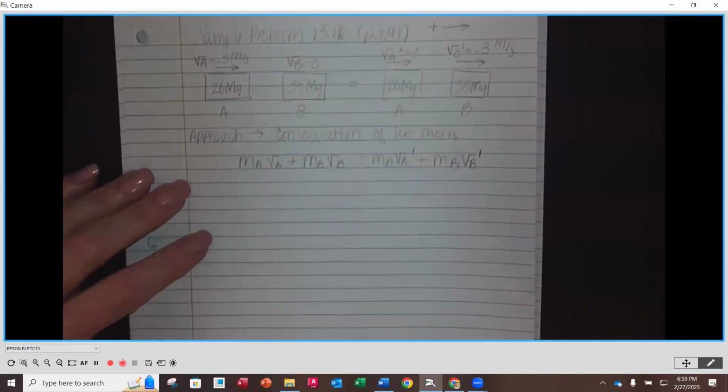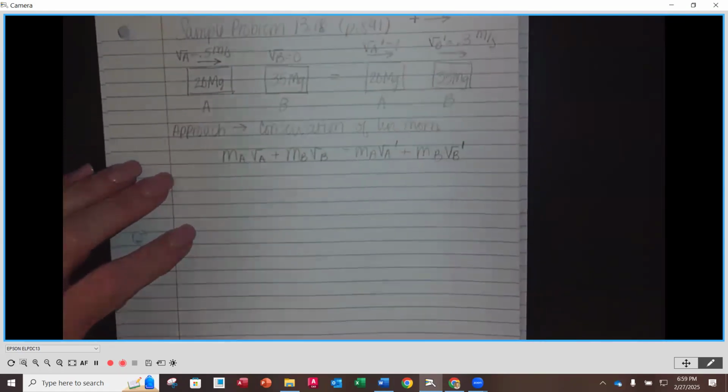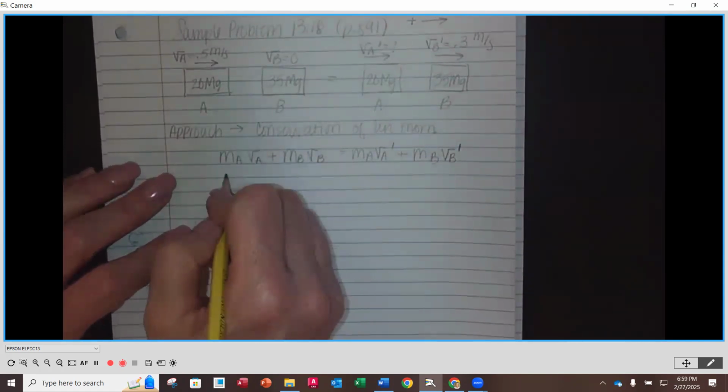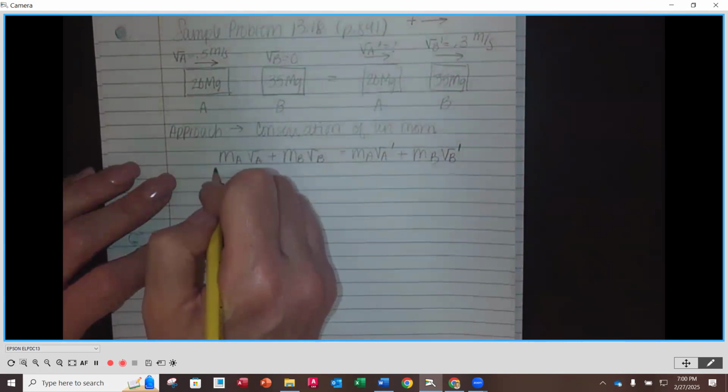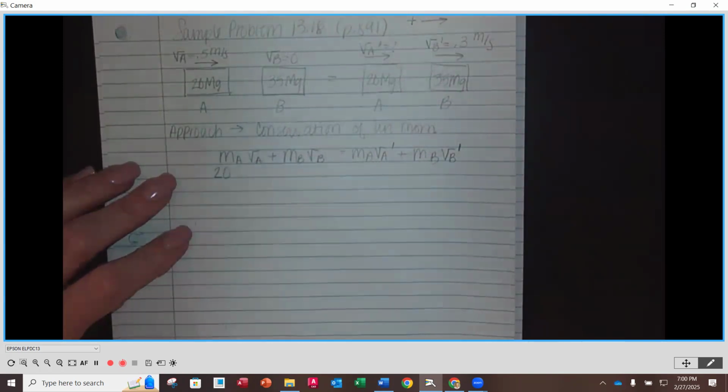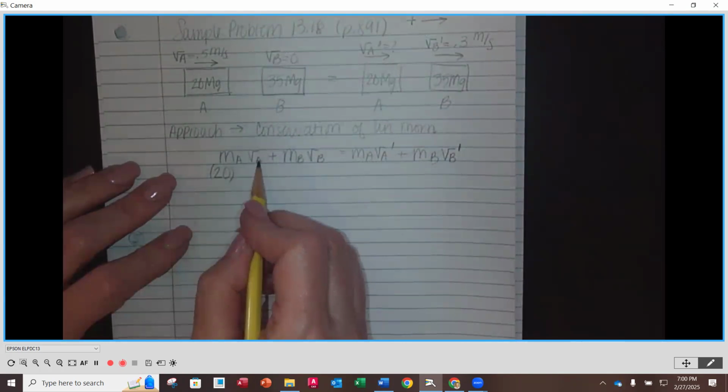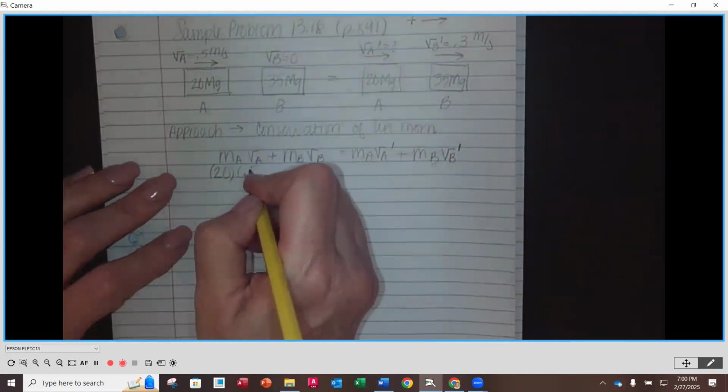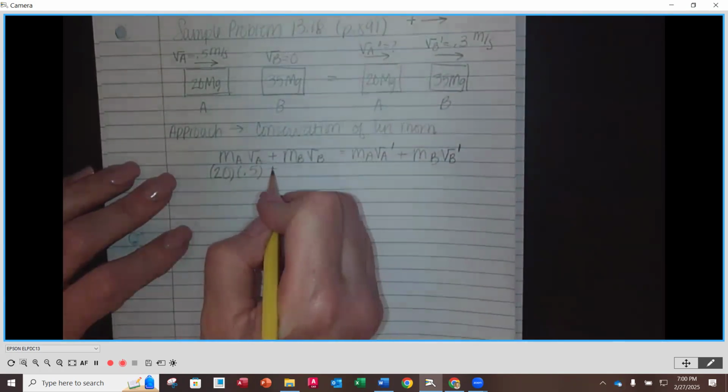If you wanted to do the kilograms, go right ahead, but I assure you we'll end up with the exact same answer. So mass for our car A, that's going to be 20, times the velocity, 0.5, plus